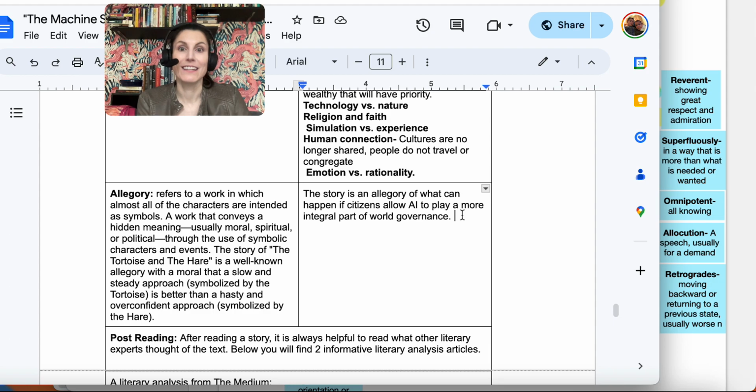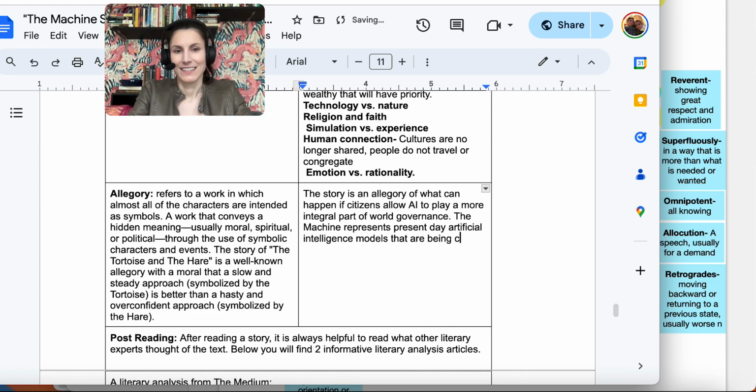So you could say that the machine represents human advancements or represents present day artificial intelligence models that are being developed daily by tech corporations. And then Vashti represents those that follow the status quo